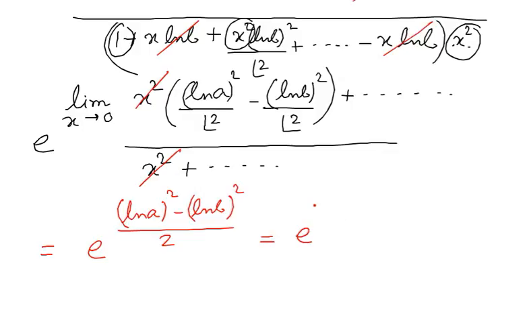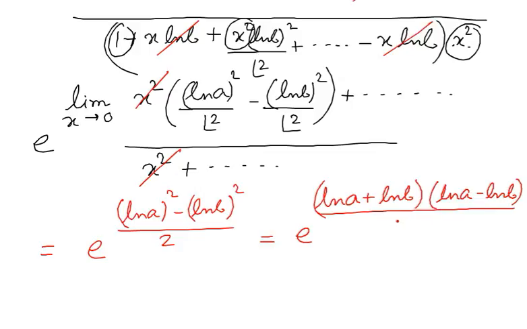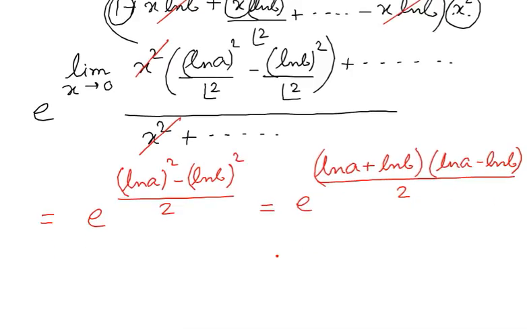So it will be nothing but e to the power, I think we can factorize ln a square minus ln b square to give us ln a plus ln b, just to get a compact result, into ln a minus ln b by 2. So it is going to be e to the power ln ab into ln a by b into half,